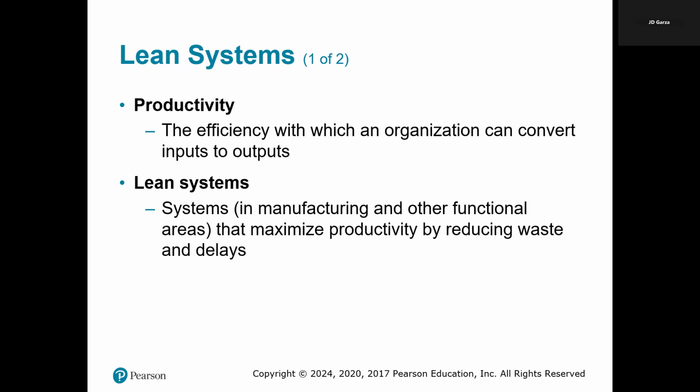So both the lean system and production and operations management emphasize efficiency, quality, and even continuous improvement. Now, while production operations management oversees the overall flow of production activities, it ensures that resources are also utilized effectively. Now, these lean systems, keep this in mind, specifically focus on maximizing productivity. How? By minimizing waste and delays.